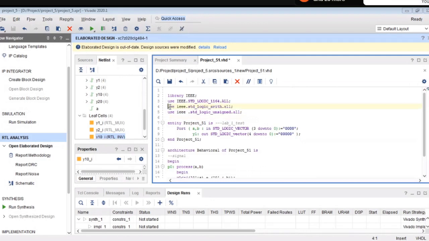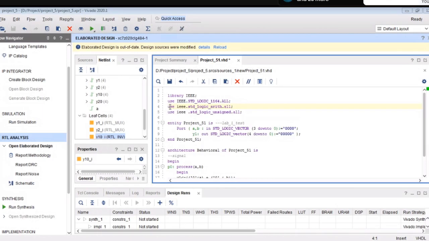Excuse me, sir. Before starting the project, there was one comment called use IEEE.numeric.all. Why can't we use that library file? It was showing that for arithmetic operations you can use this. Oh yes, you can use it. But sir, when I tried to use that, the line was showing error. One minute. The issue is that the numeric library file is software specific.